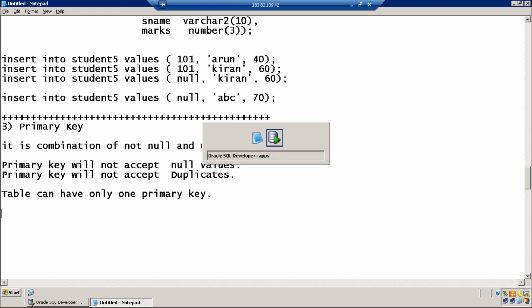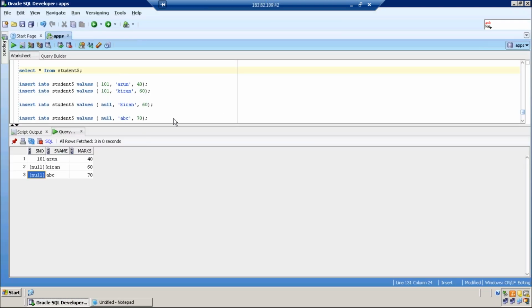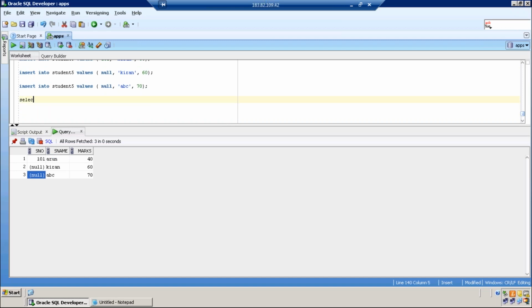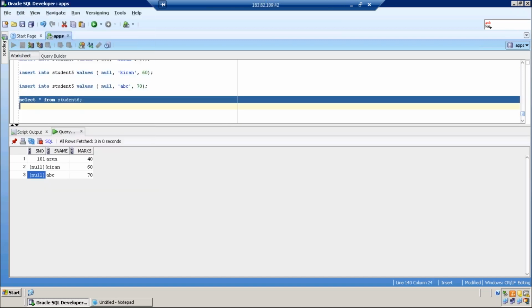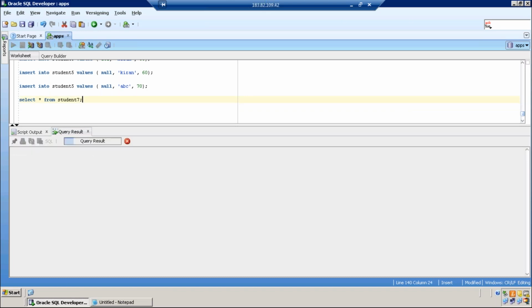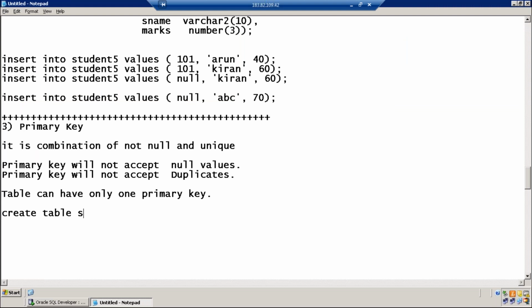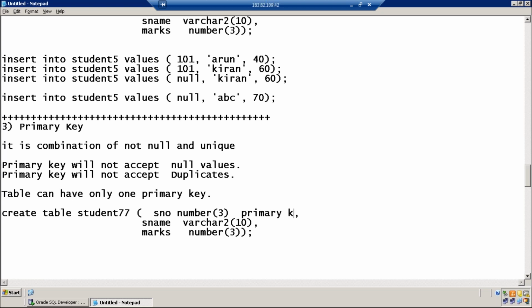Example: how to apply primary key. Column name, data type, size, mention the constraint.